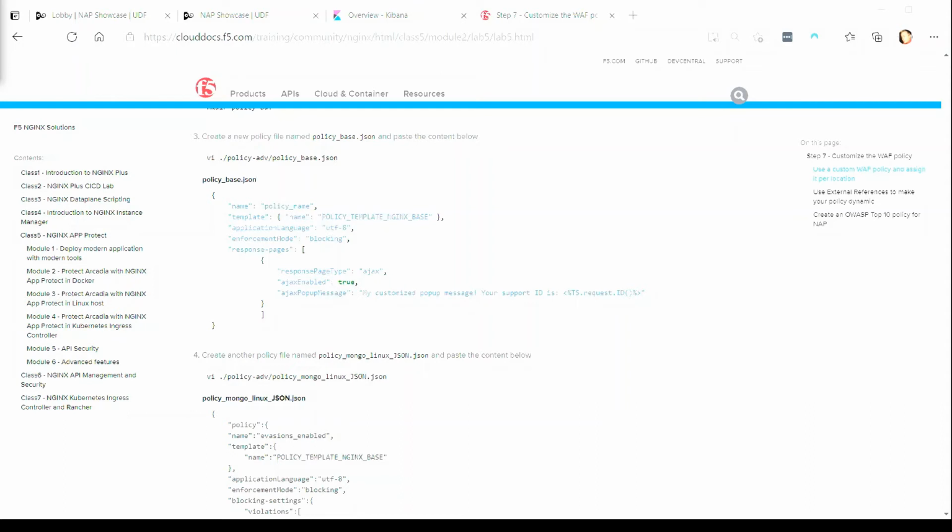You see, we're making further alterations to the base policy in this one, specifying that we're specifically looking at certain server technologies. Sorry, of course I can't scroll that way in this one. We can go back and look at it in the lab guide. For now, I'm just going to Control X to exit and yes to save and Enter to save for that file name.